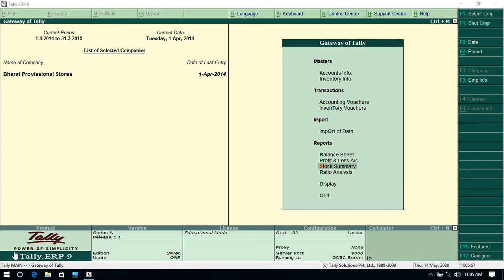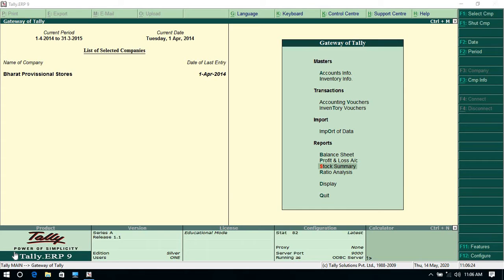Now what are cost categories? Cost categories are basically groups, like we have groups in accounts. All sales accounts go to the sales account group, all salary accounts go to the indirect expenses group. Like these groupings are there. Here also similar types of cost centers are grouped in a cost category. Cost categories are nothing but similar cost centers.